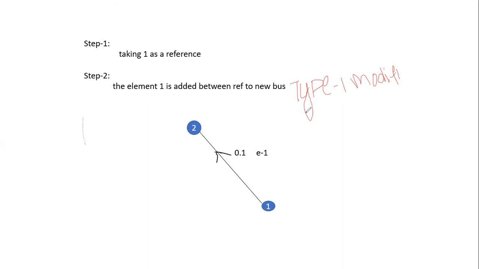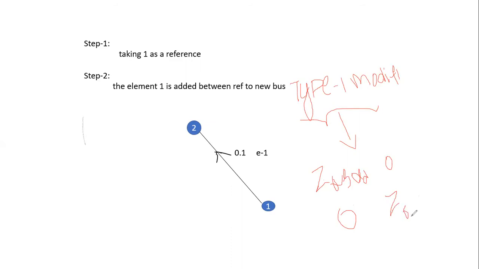The formula for the formation of the Z-bus in the type 1 modification is Z-bus old, 0, 0 and ZBR.